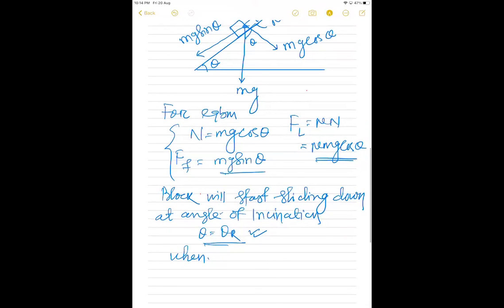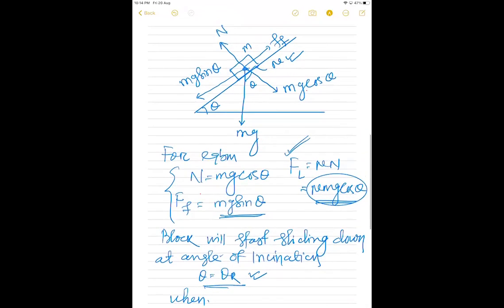Students, this is mg sin theta, the force of friction. mg sin theta is going to be mu mg cos theta. Correct or not, students? Because when the body is at rest, this force of friction is equal to mg sin theta. And F is equal to mu into N. So mg sin theta balanced the force of friction, and the maximum value of force of friction is mu mg cos theta, right?